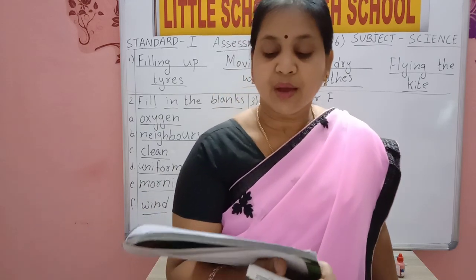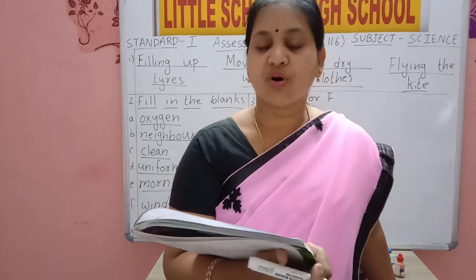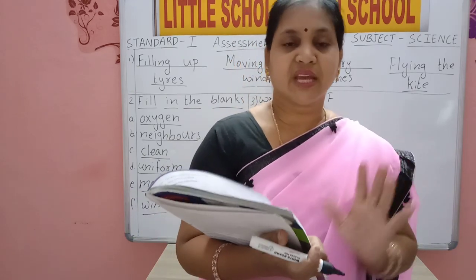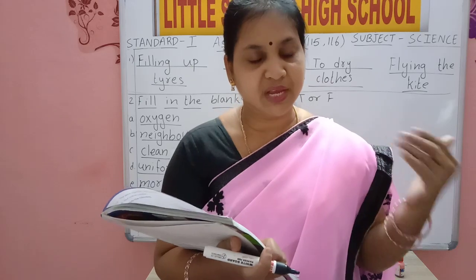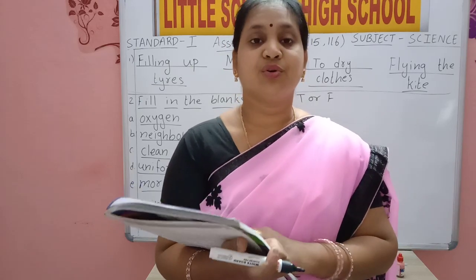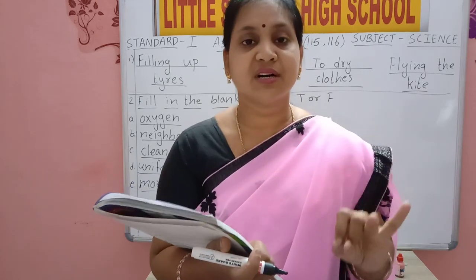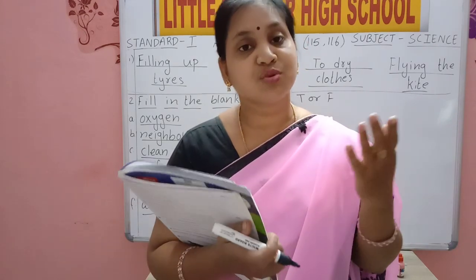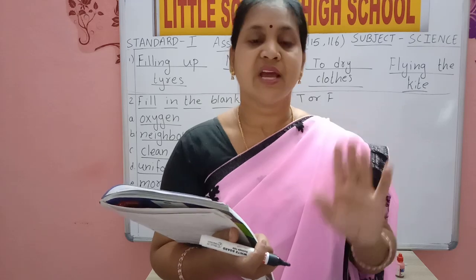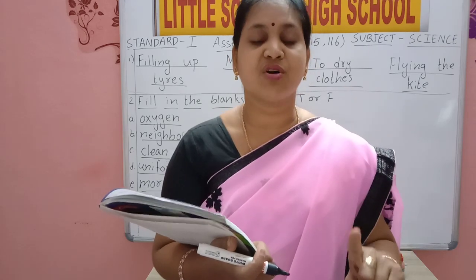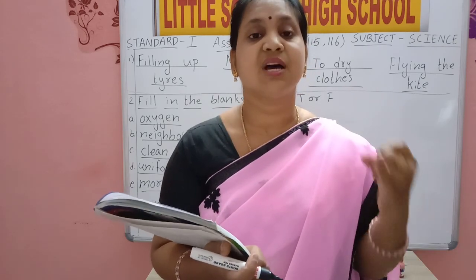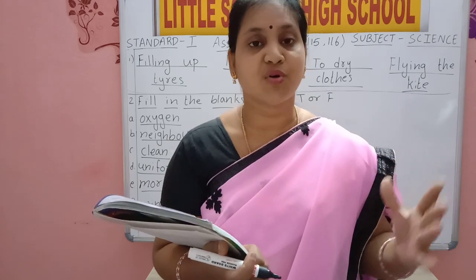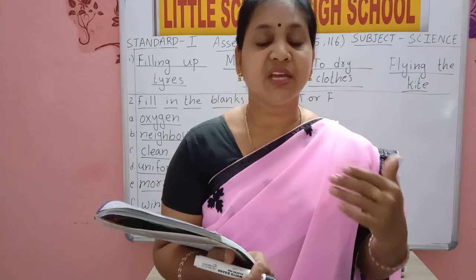River is the main source of all the waters on the earth. From river only we get water. River only is the main source of water for us. No, seas, rivers, lakes, ponds, oceans, all these are sources of water, not only river. River is also one source of water. Source means from where we get water.